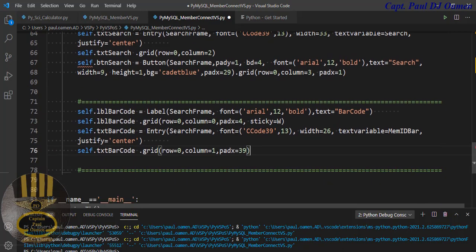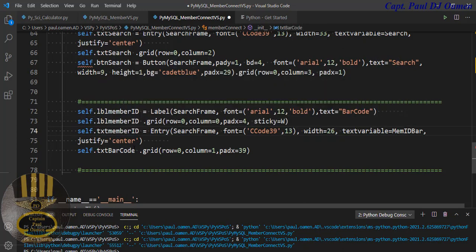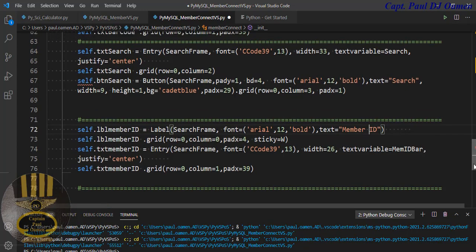Okay, this very widget, I'm going to call that member ID. So let's come in here, change that to member ID, and change all of this to member ID. There we go, right there, and this is going to be member ID. Now let's change the